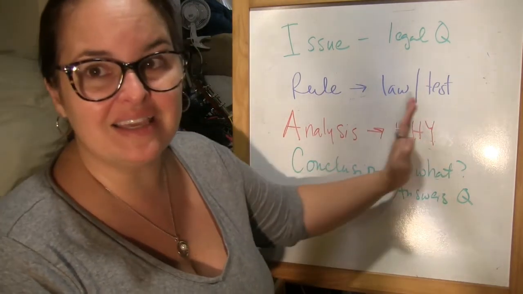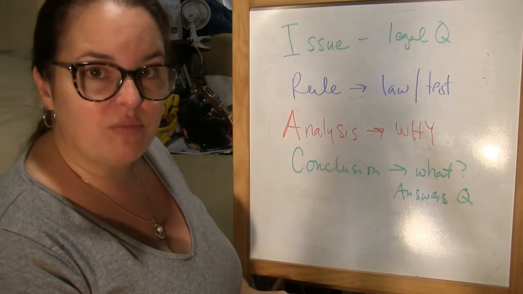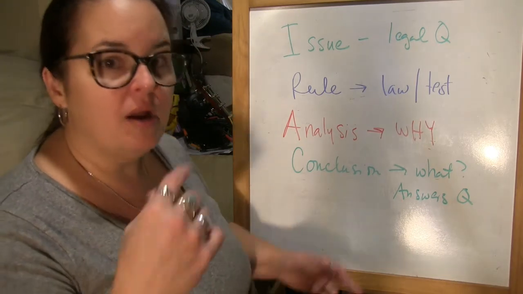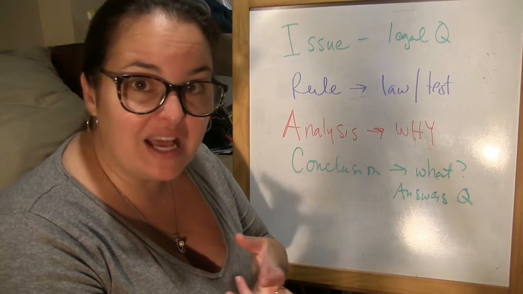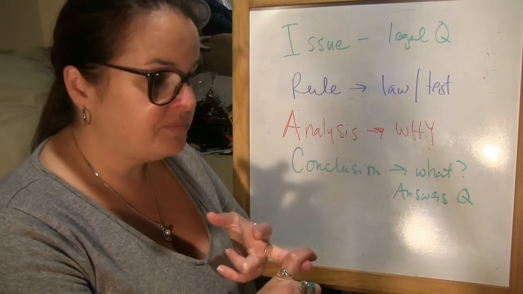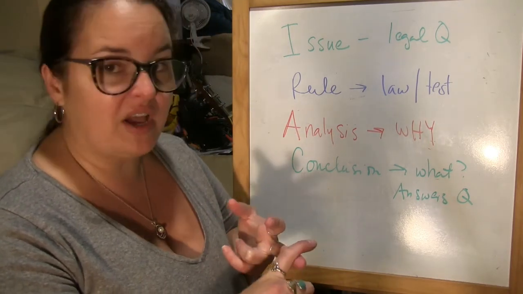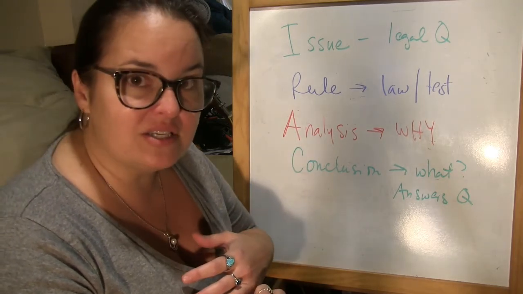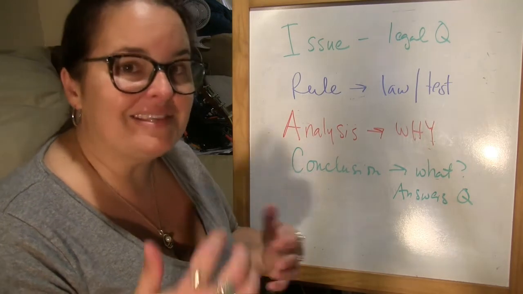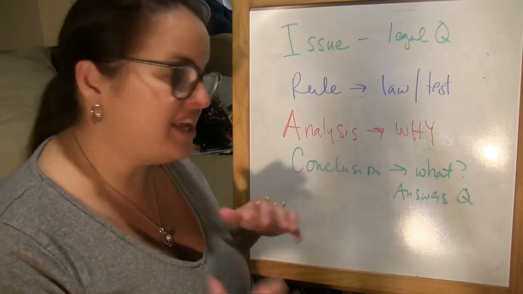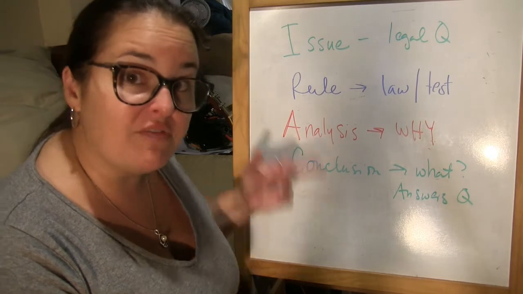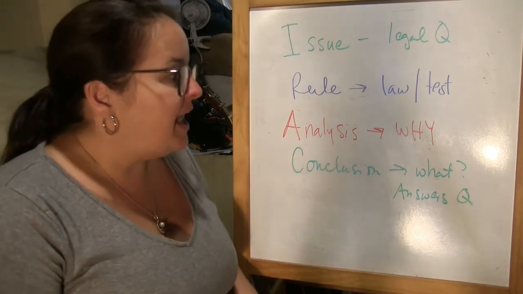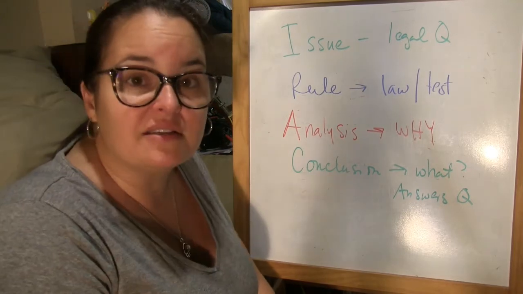Here's where your meat is. The why section of the brief. That's going to be why the court decided that we have privacy, number one, because remember that's not a specific amendment or specific clause, and so we've got to talk about that a little bit. We're going to talk about why that applies to medical decisions. We might define this as a medical decision. You're going to have to look at the case to determine the why behind that. That's the toughest part. It's the longest part, and it takes practice to figure that out.